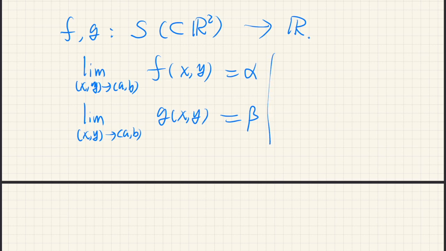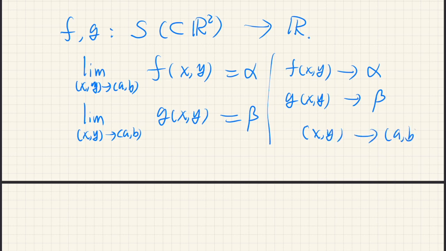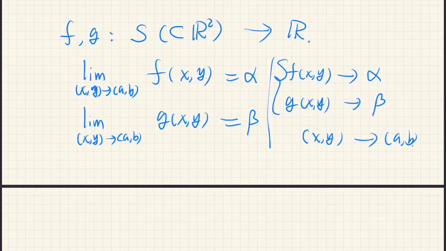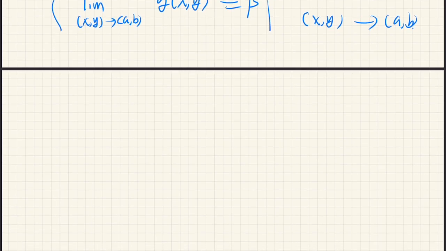By the way, we can also write like this: f of (x, y) converges to alpha, g of (x, y) converges to beta as (x, y) approaches (a, b). Okay. And so suppose these are given. Okay, then we have the following